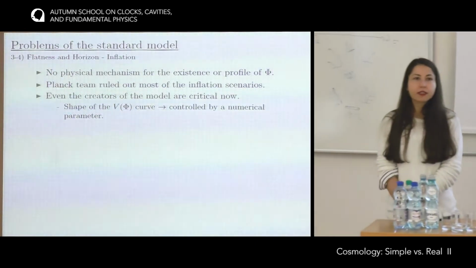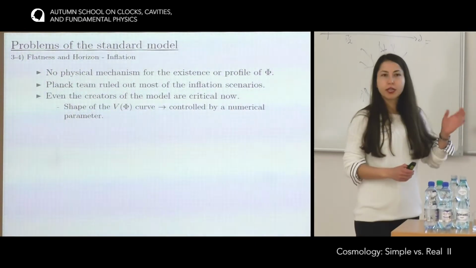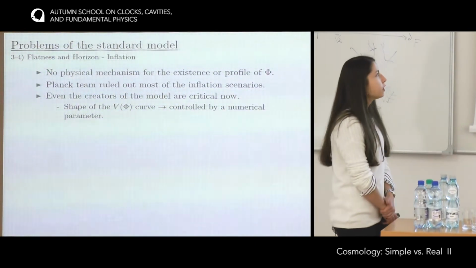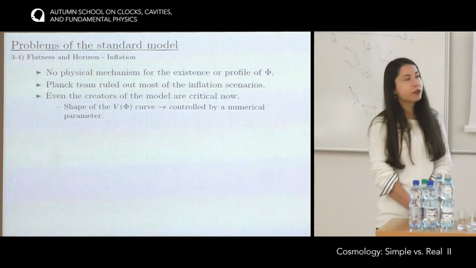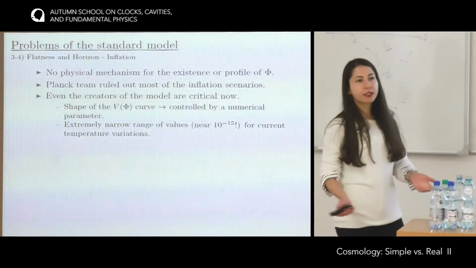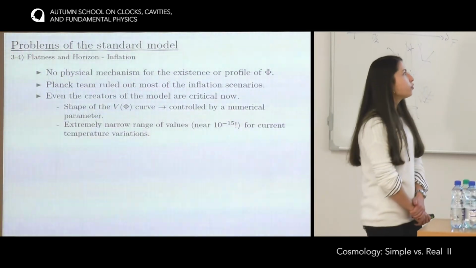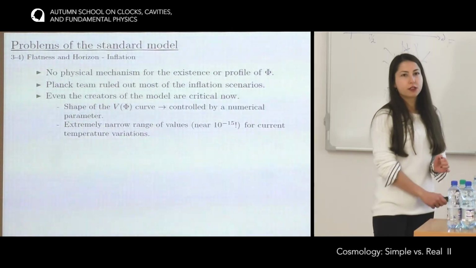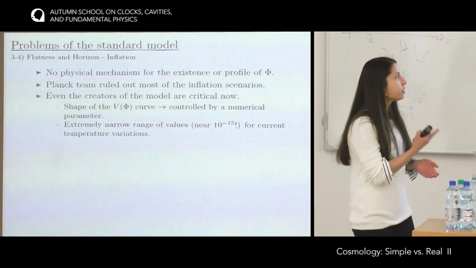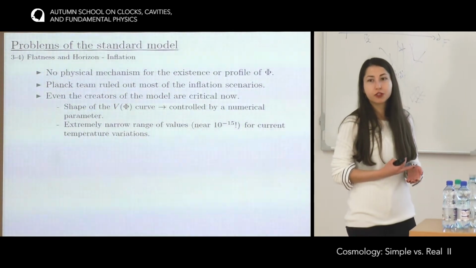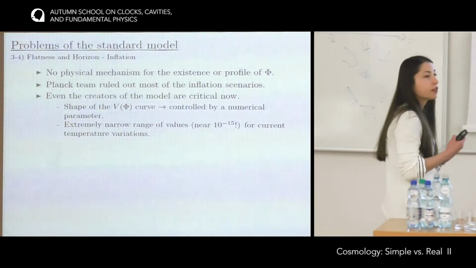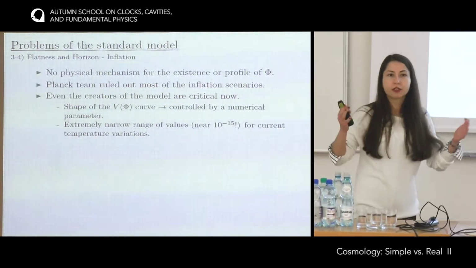Those doubts are basically because the shape of the potential curve that I showed you is controlled by a numerical parameter. And now we know, thanks to the experiments, that it should live in a very narrow range. It should be this. So this is another fine-tuning problem we have in order to have the current temperature variations